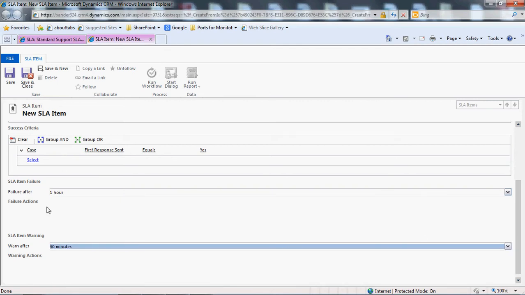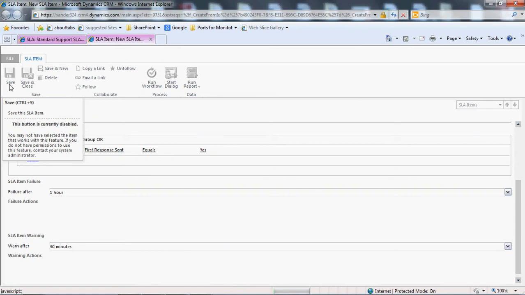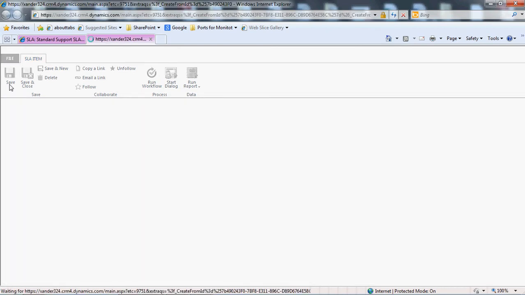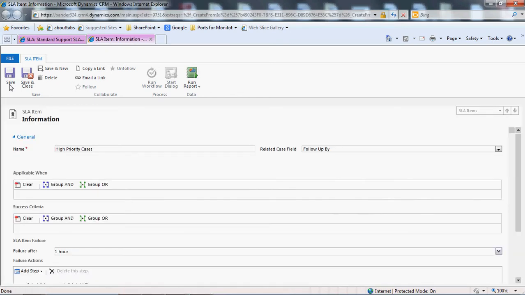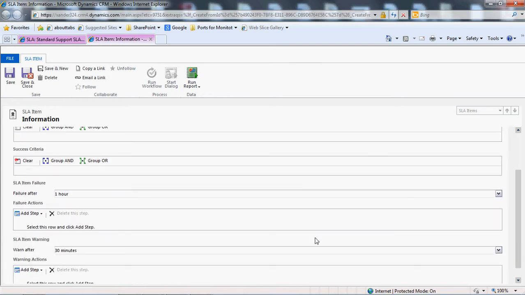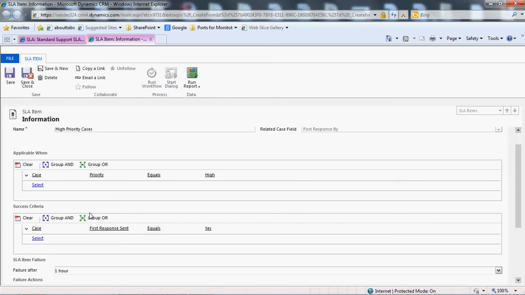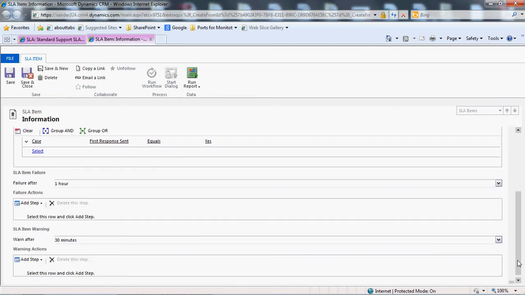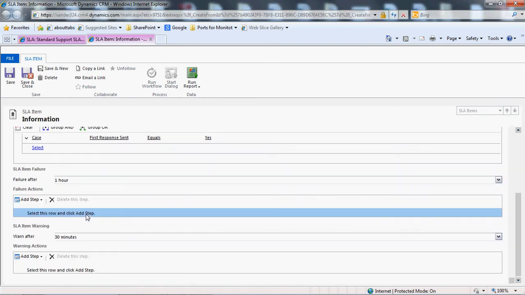Now you'll notice there's a failure actions and warning actions here that are pretty much grayed out at the moment. But if we were to go ahead and hit save, what the system will now allow us to do is add actions to our failure and our warning. And I said at the beginning that the SLA item is a combination of advanced find and workflows, and the reason being is because if I now scroll down, I can add a step to my failure. Add a step to my failure action,